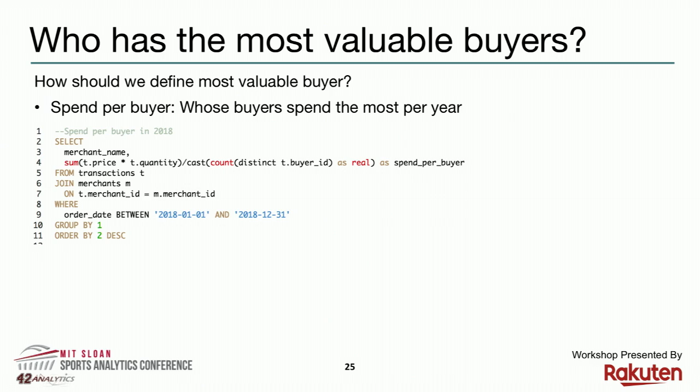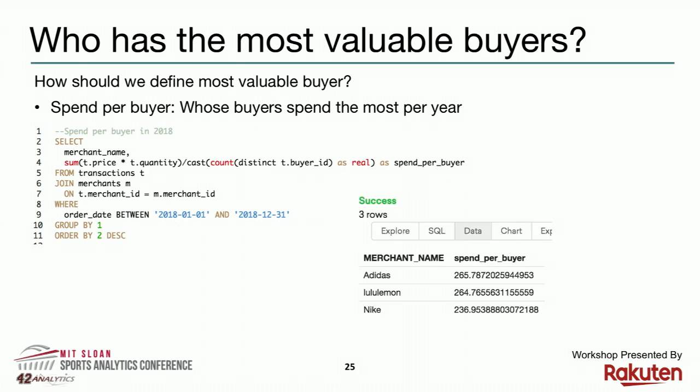So again, it's taking queries that we've previously looked at, tweaking them slightly. In this case, we're going to keep our spend per buyer calculation from the previous query. We're going to look at merchant name, but in this case, we're going to restrict it on the entire time period of 2018. So if we were to run that,